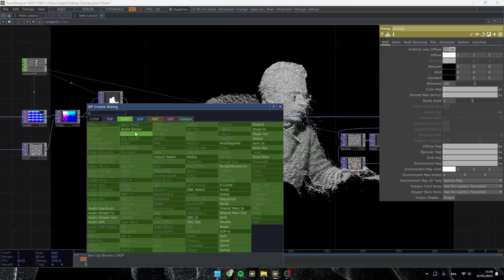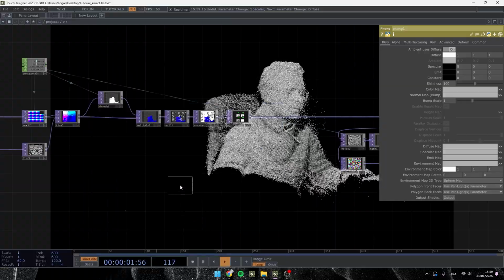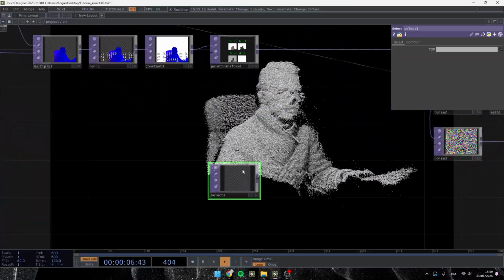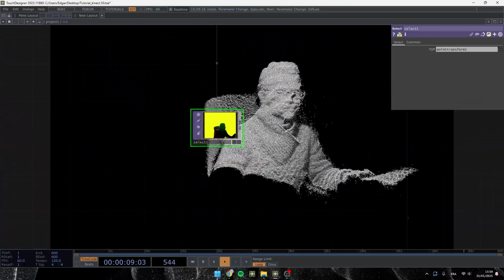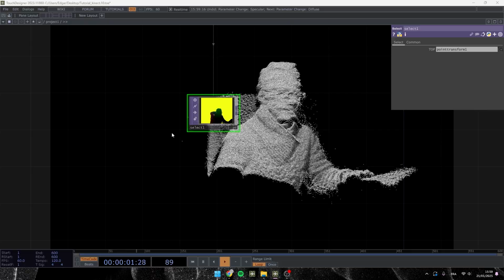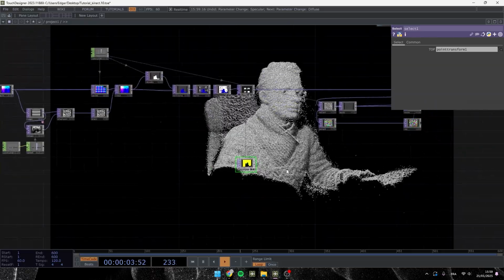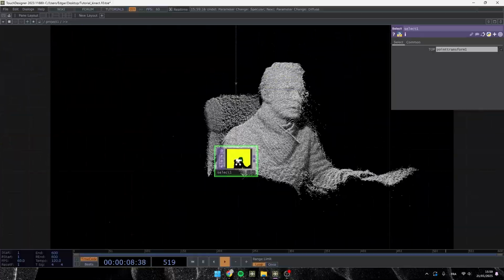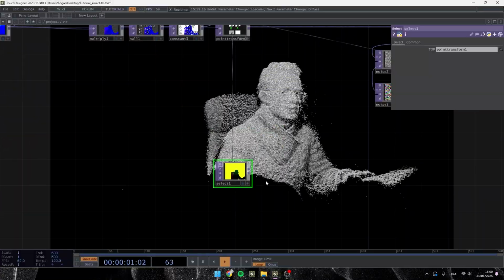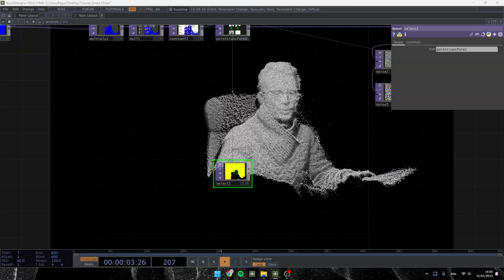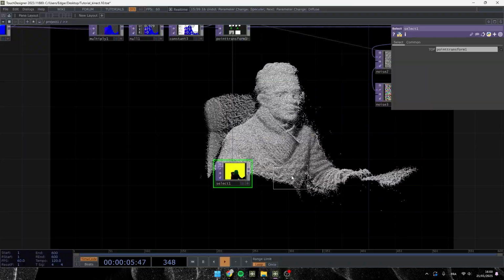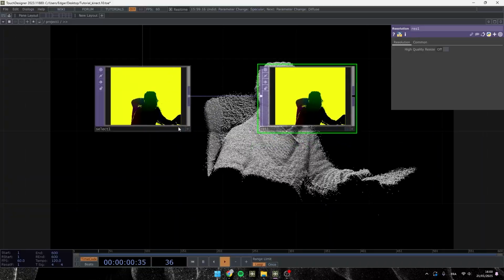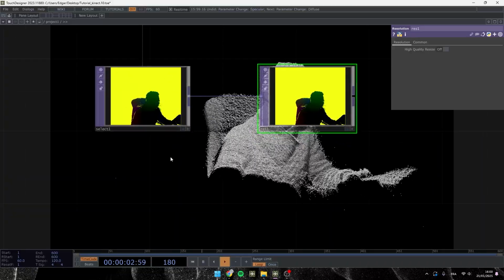So we need to add a select top, and let's grab the transform top. The number of points we have here is not enough, so we will increase the resolution of our texture thanks to a resolution top. And I want to keep the aspect ratio of this image, so